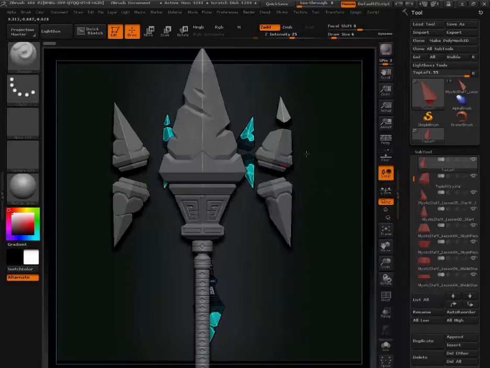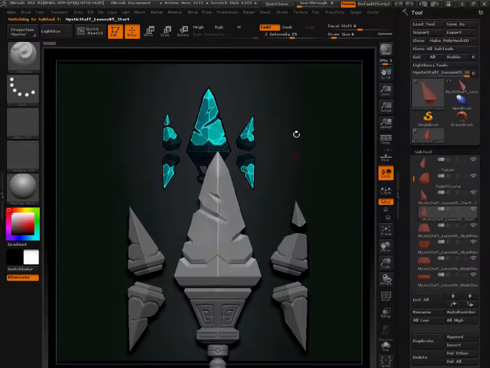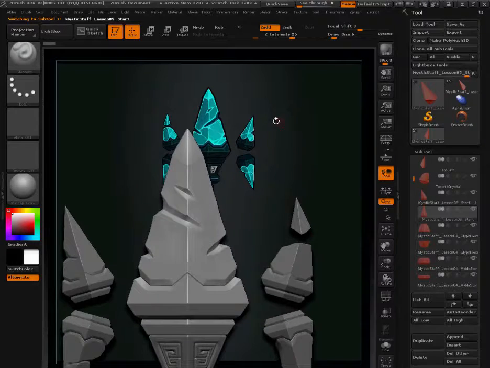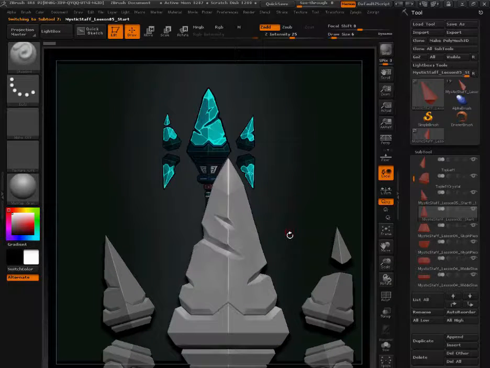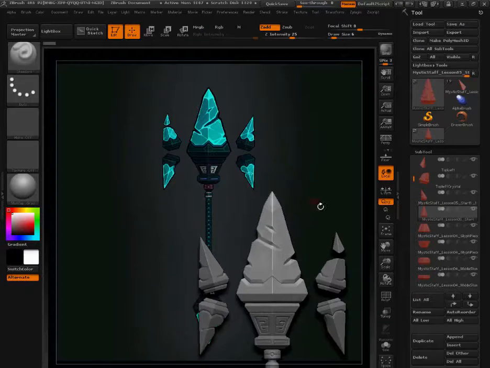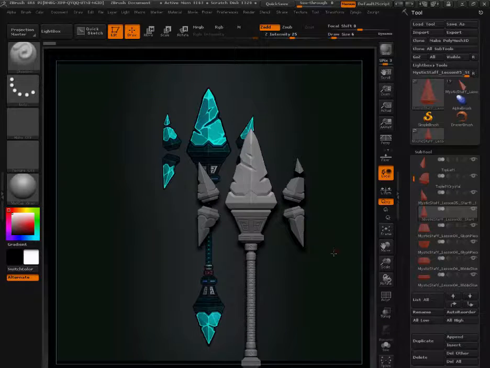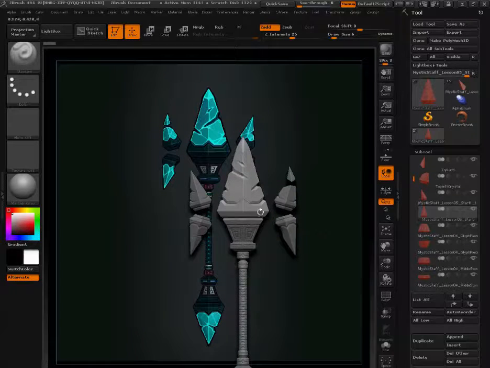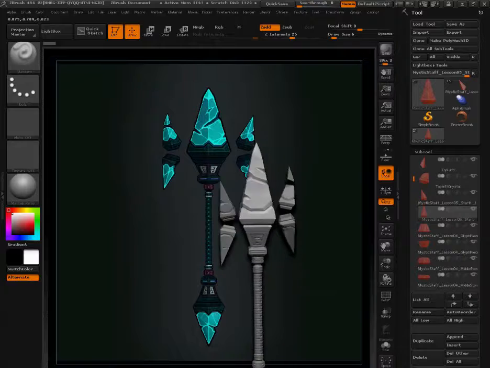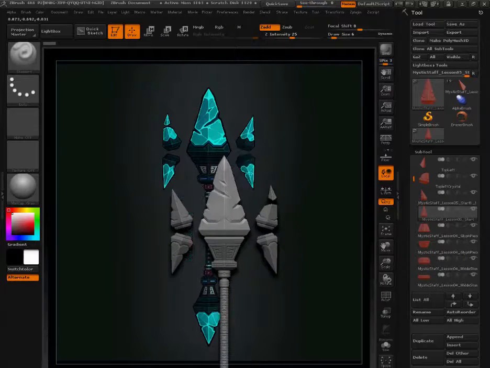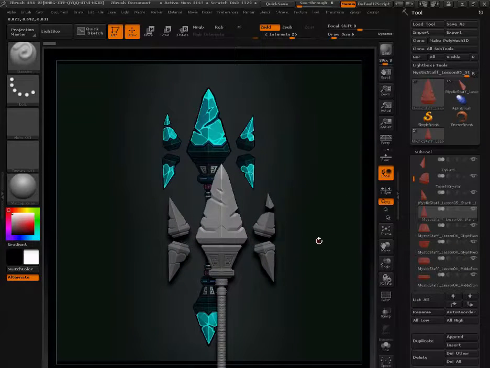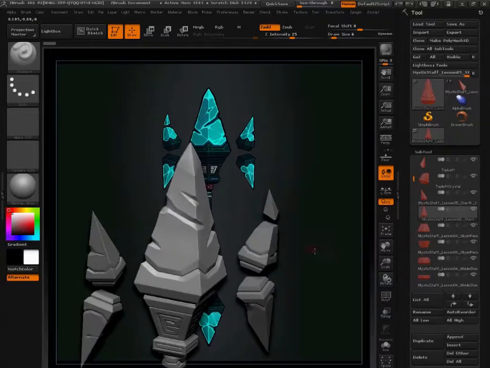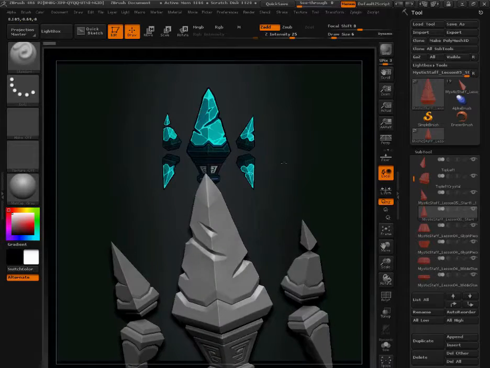Alright, so one other thing I wanted to show you for detailing out in ZBrush is, say, this is one way that you can sculpt a stone. I'm going to go ahead and do a more simplified version. But one thing you could do, if you're making some kind of stone in your weapon, is you might want to have a little more variation or undulation in the form, especially if you want it to look a little different from the other hard surface elements. So in that case, what you can do is